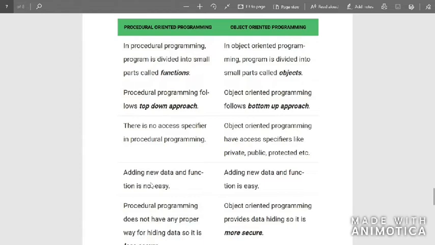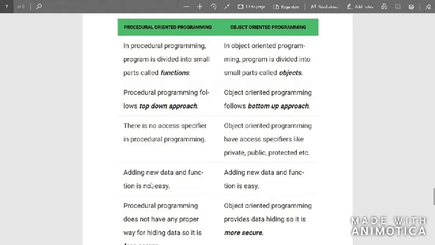So a class is like a blueprint, and based upon the properties of the class, the objects can be created. This is just a basic explanation. We'll be going deep into it later. So this is what object-oriented programming means. The advantage of object-oriented programming is that data security is more when compared to procedure-oriented programming.